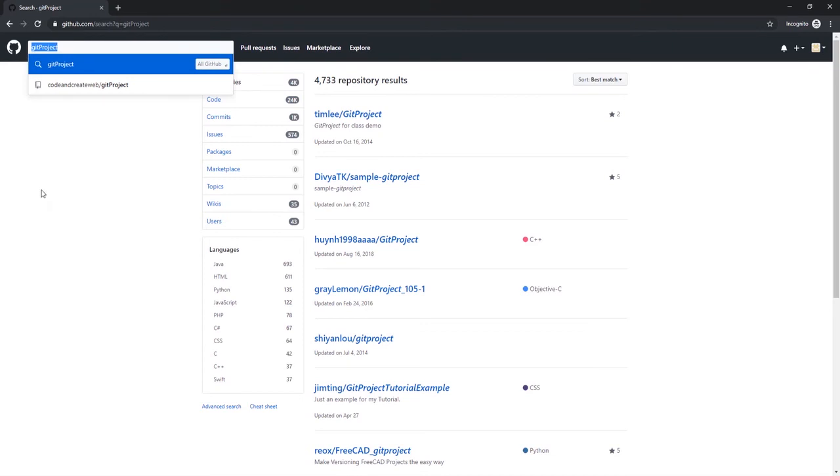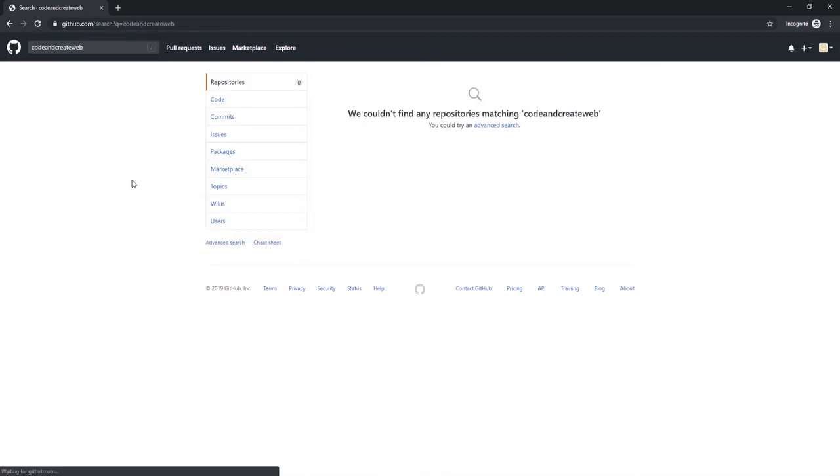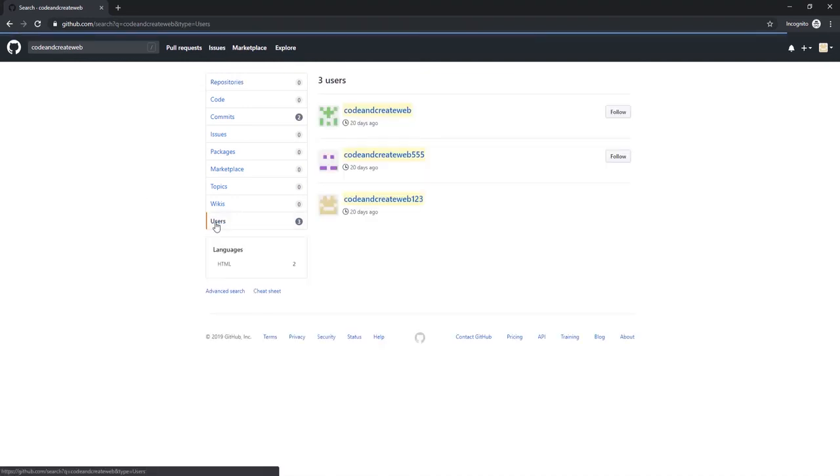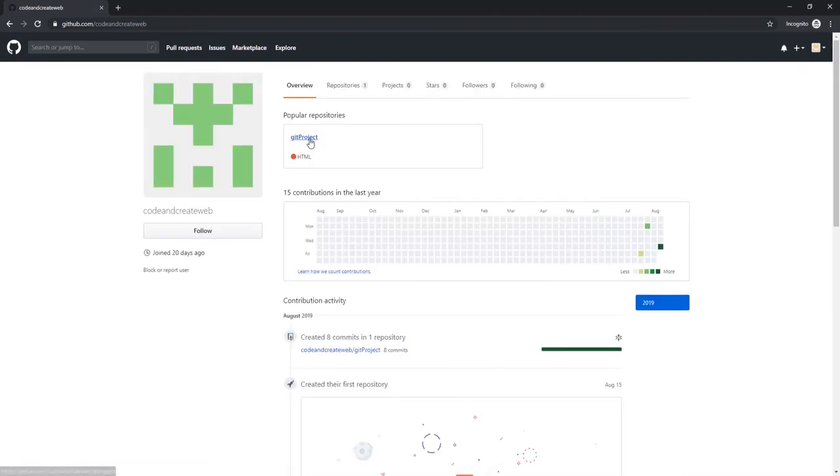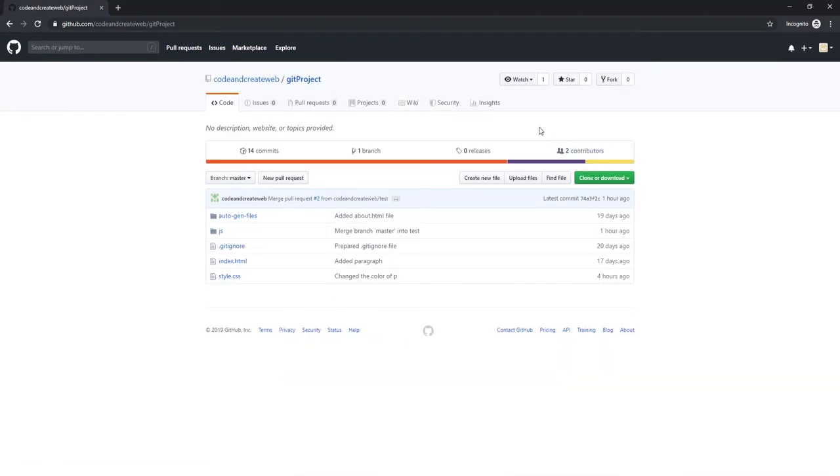So let's search for the username. In my case, it's code and create web. But of course, in your case, it should be your username. Then click here down below the users. So here is our username and the repository as well. Alright,